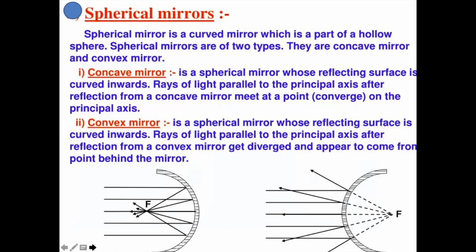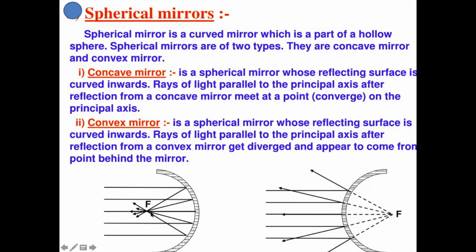The spherical mirrors are two mirrors. Now I think you have become very good and very efficient, and you can explain very well about the concave mirror and convex mirror. Both the concave mirror and the convex mirror are curved mirrors. The concave mirror is which type of mirror? It is a converging mirror. Which type of mirror is a convex mirror? It is a diverging mirror. And the converging point is the focus when rays parallel to the principal axis fall on the concave mirror. They reflect back at a point that is called the focus, and in the convex mirror, when they are extended, they appear to meet at the focus.